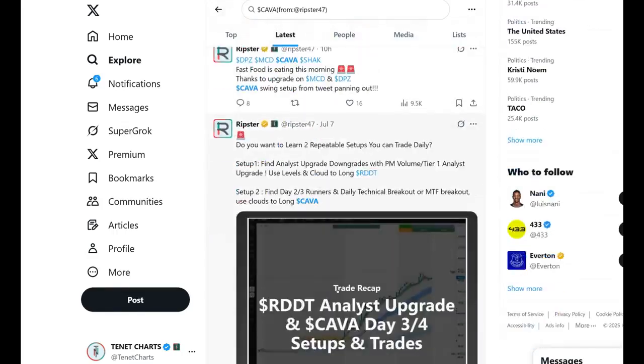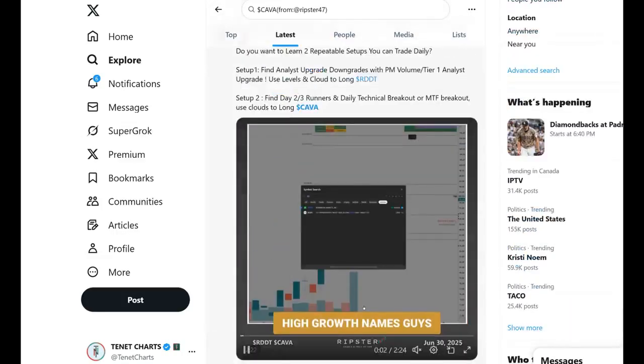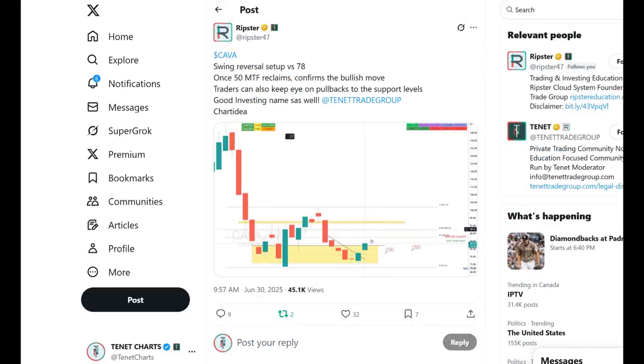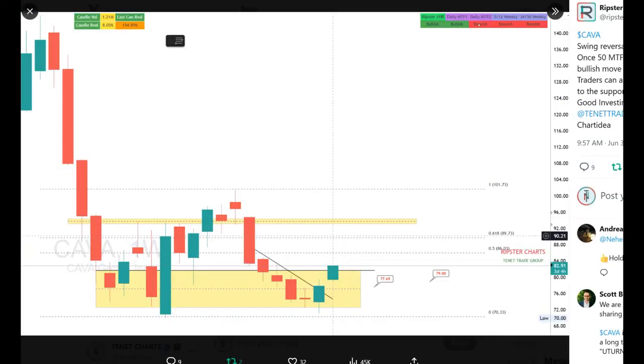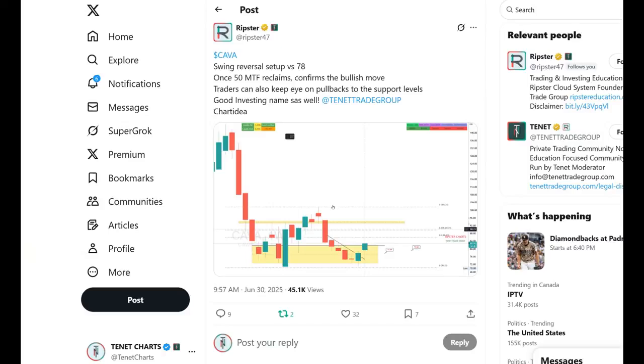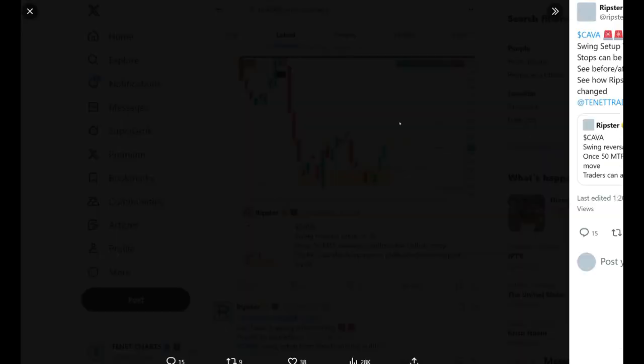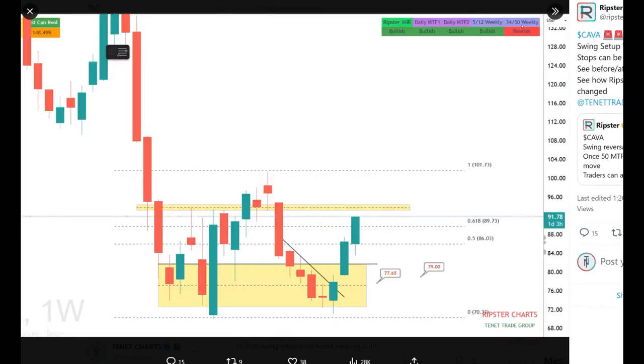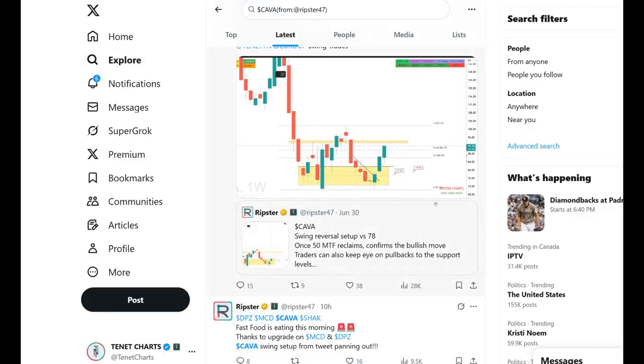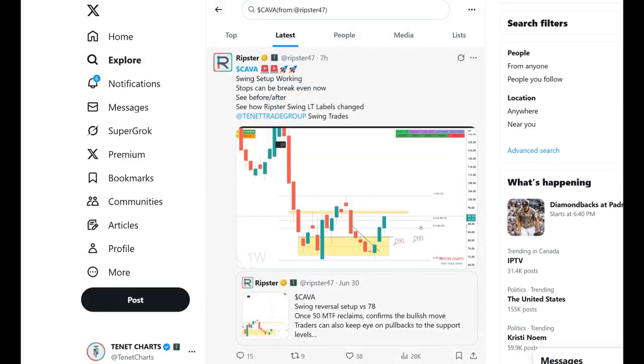How are you doing it? You are analyzing the daily charts. You are analyzing the charts to find those setups. Draw your support and resistance. Use Ripster MTF cloud labels. Look, everything was mostly bearish, but the 1 hour started to turn bullish. You see here, that's when we started the swing. My swing idea started, and now everything is bullish except the weekly 34/50, which soon will be bullish the way it's going. So that's how it is done, guys. That's how you analyze your daily, weekly charts to find out your swing setups so you can make money in this market.